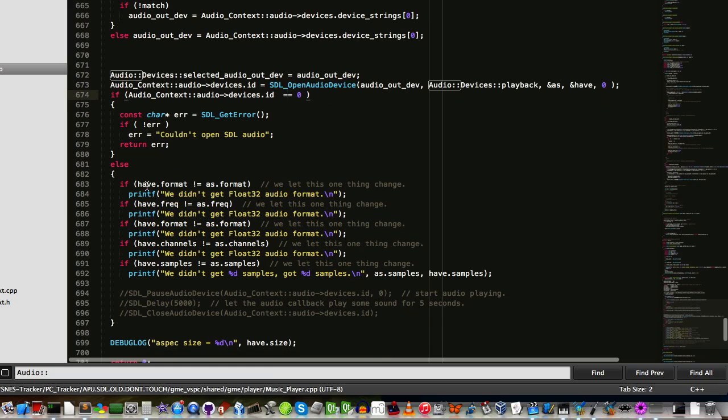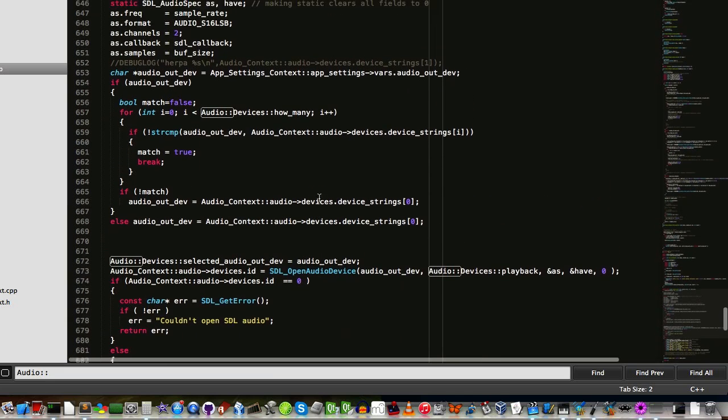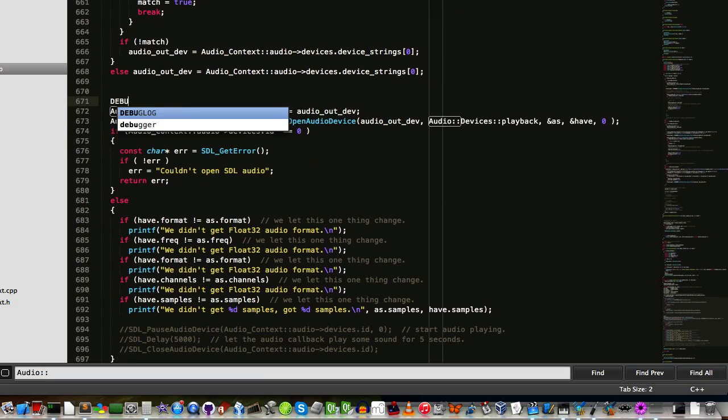And then I just check the have structure, and I wanted to see if anything changed. I didn't really make these proper statements though. They were the same here. Look at that. It's awful. We didn't get... You would probably want to be a little more specific. I'm going to try to change this right now. Let's be a little more proper here. I think something more like, I have a special macro debug log. I'm not going to get into that, but